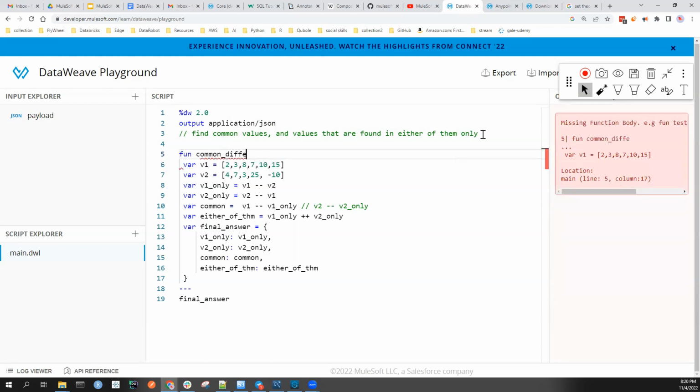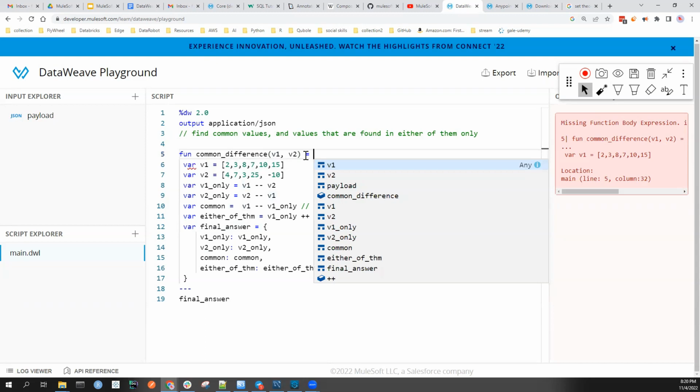It will give us the common and the difference of two arrays, array 1 and array 2. I'm calling them the inputs. These are the inputs, array 1 and array 2, or we can call them v1 and v2. I guess, let's call them v1 for array 1 and v2 for array 2, just to make it shorter, so that I don't spend time modifying this. Okay, then equals to. Now we can use variables inside the functions themselves, but these variables are local